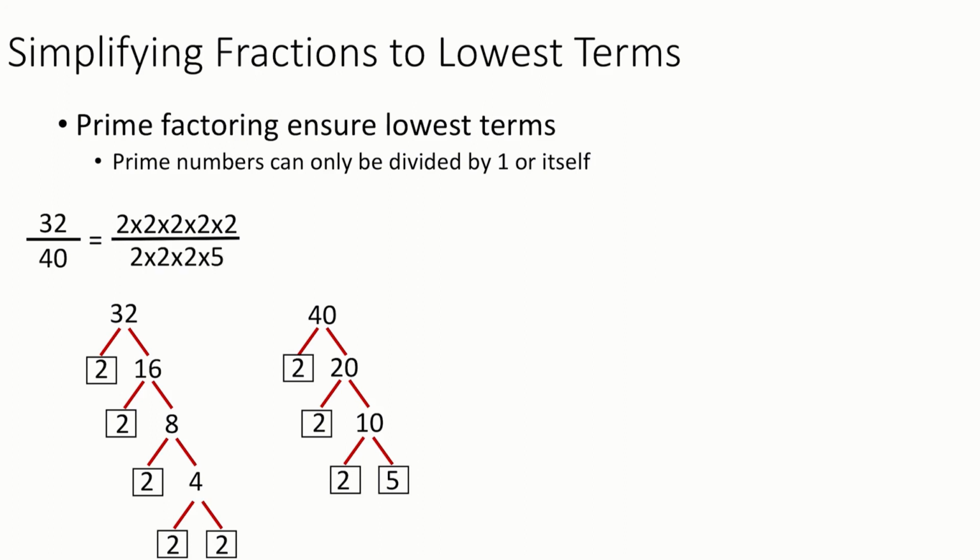So let's replace 40 with 2 times 2 times 2 times 5. You can see right away that we can just compare the top and the bottom and cancel out the 2's or 5's as they match. There are three 2's, top and bottom, that match, so we can cross them all out. Whatever we crossed out, top and bottom, also gives us our greatest common factor, which is again 2 times 2 times 2, which is 8. So what's left over is our reduced form, which is 2 times 2 equal to 4 in the top over 5, which is lowest terms.